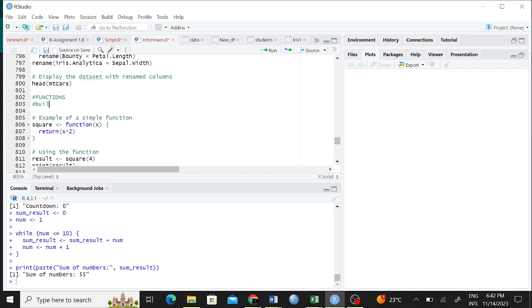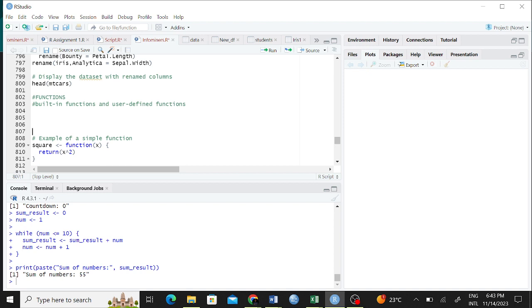We have the built-in functions, and then we also have the user-defined functions.